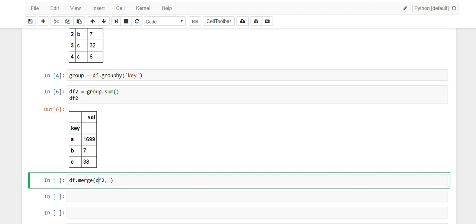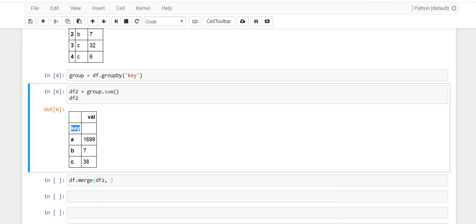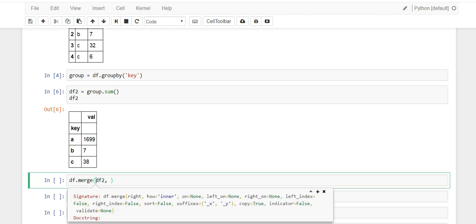If you go here to the parameters, you'll see there's left_on and right_on. We're going to use left_on for the left one, and for the right one we can't use right_on because the key column, as you can see up here, is in the index. So they do have right_index, and we'll use that one